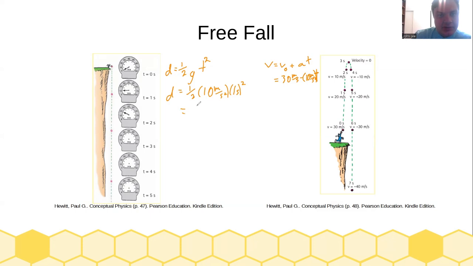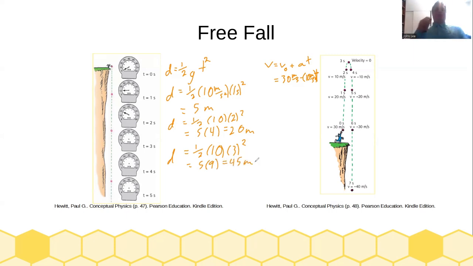This is going to give you 5 meters as your final value for 1 second. For 2 seconds, this is equal to 1/2 times 10 meters per second squared times 2 seconds squared, which is going to give you 5 times 4 is equal to 20 meters. And then d equals 1/2 times 10 times 3 squared is equal to 5 times 9 is equal to 45